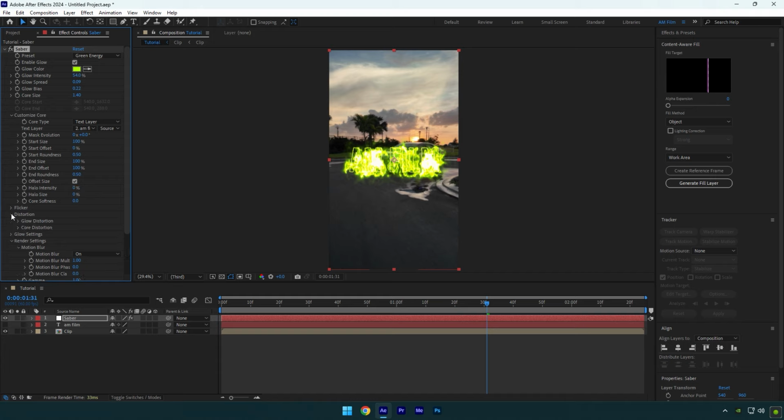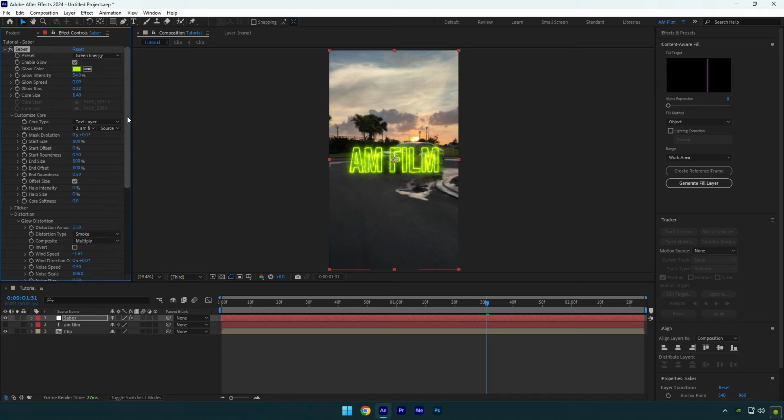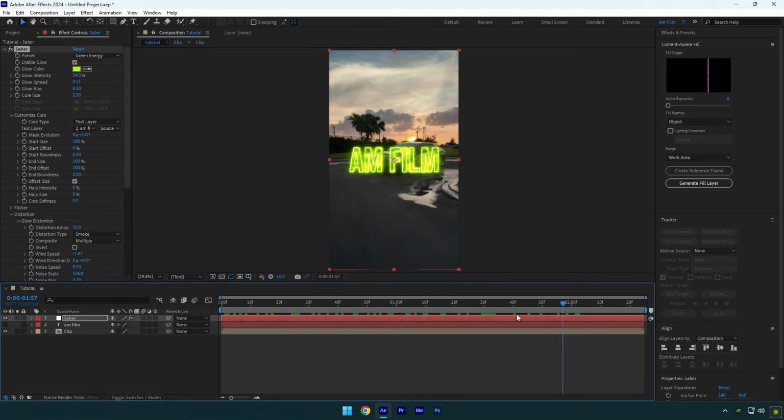Now open Distortion, then open Glow Distortion and change Composite to Multiply. The text now looks way better to me. Now go to Glow and Core Settings and adjust them on your wish or copy my settings. The effect is ready. Now in case if you wanted to track with your video, let's toggle your Saber layer